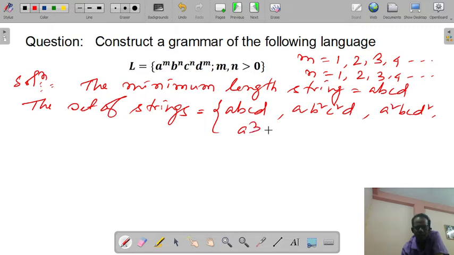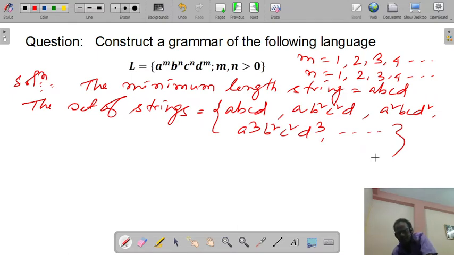So A cube, B square, C square, D cube. In that way, different strings will be generated. Here you can see the number of A's and number of D's are equal. The number of B's and number of C's are equal.